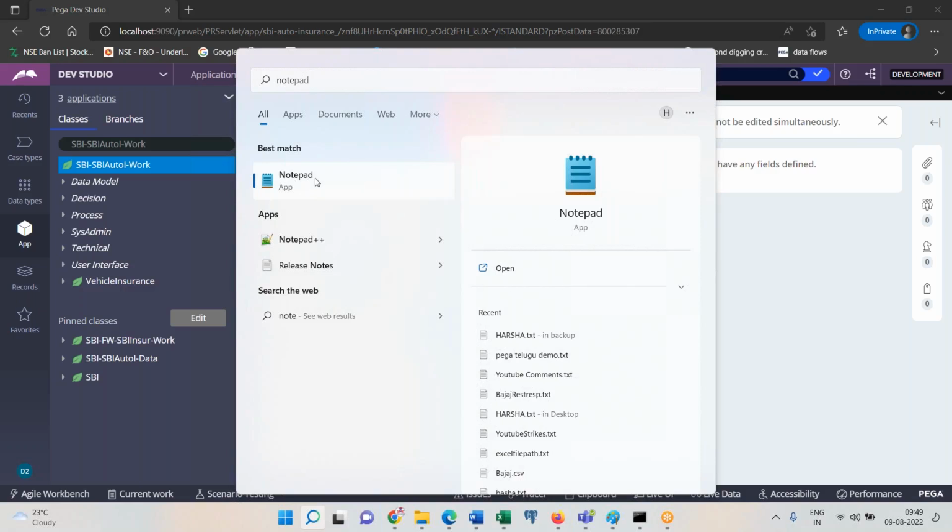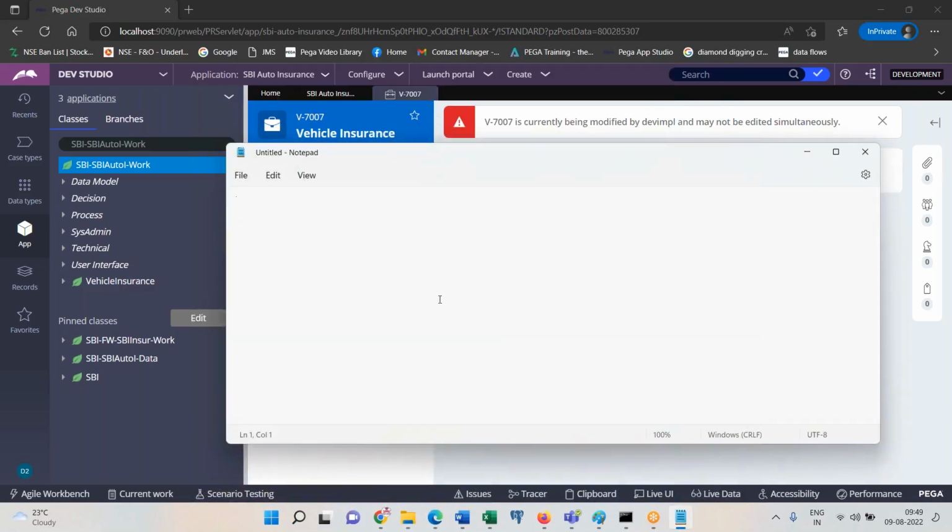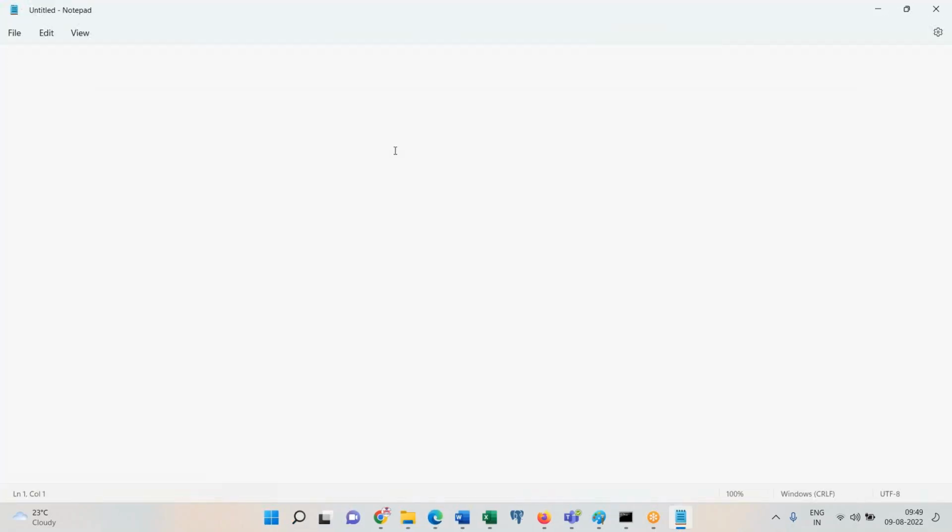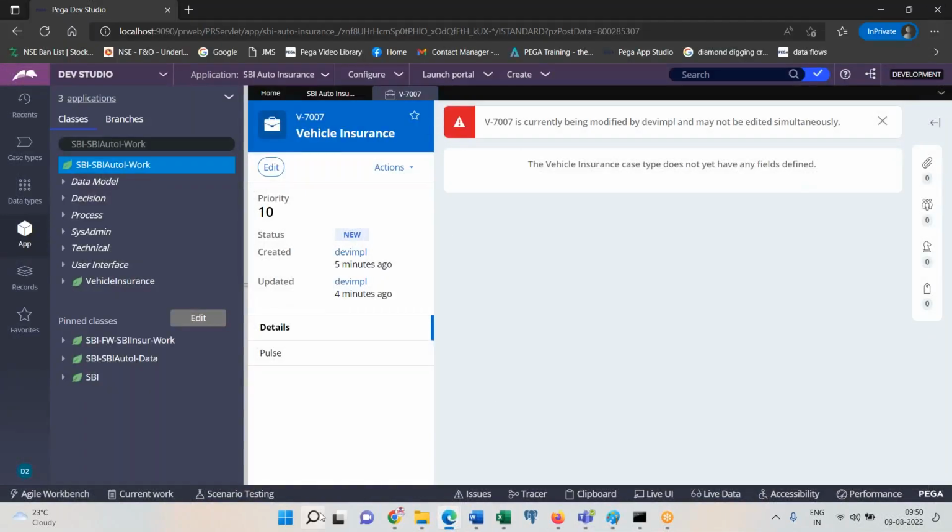Notepad. Here you go. Look here, everyone. See here, when an operator tries to edit the case, what does PRPC do? Look up whether someone else is already editing or not. Let's say, for example, someone else is already editing. If